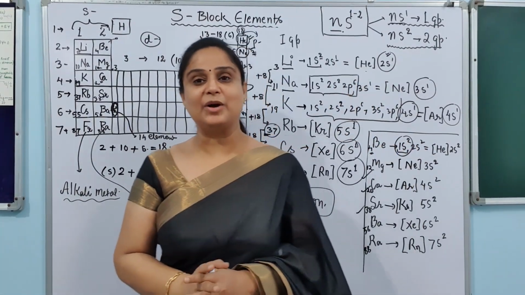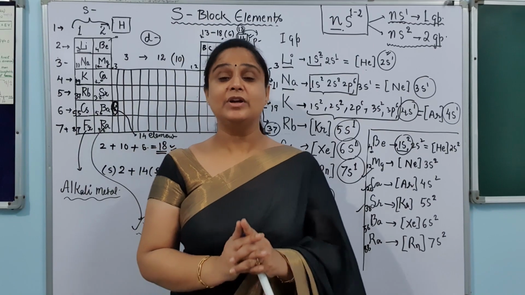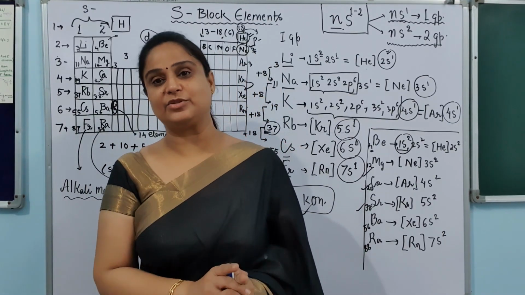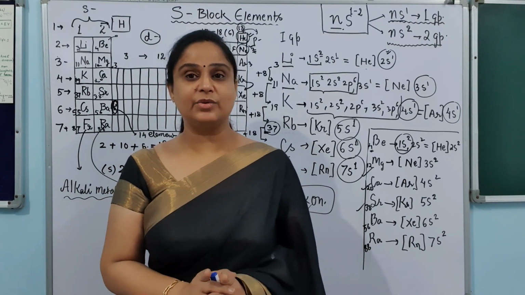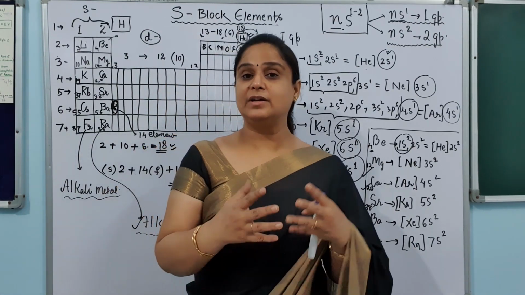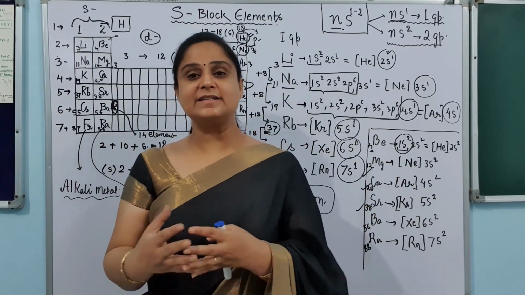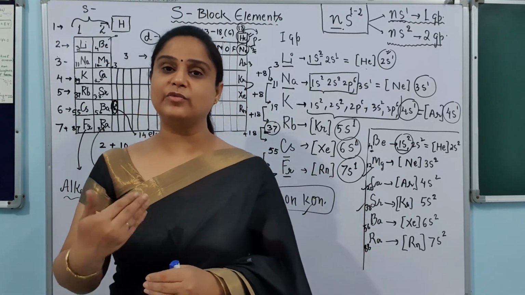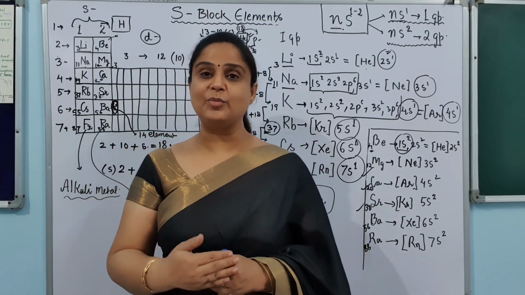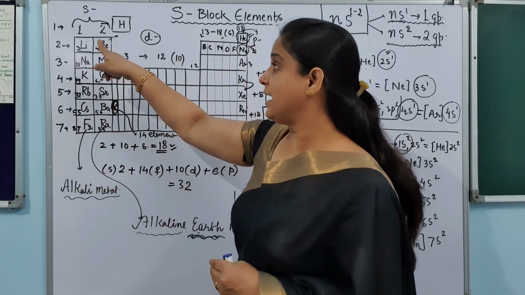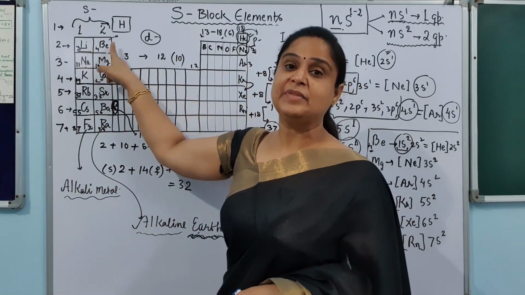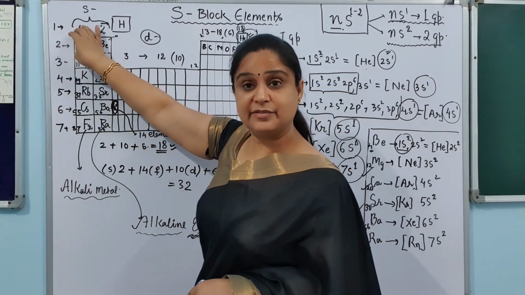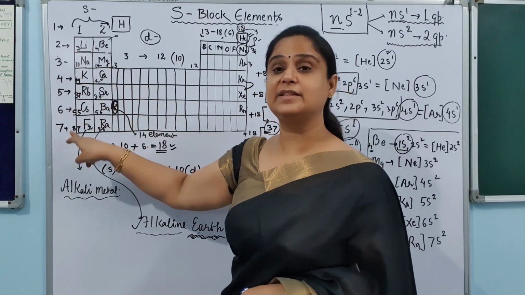So I hope now you know what the s block elements are. Now you know how to find the atomic number of the elements and how to do the electronic configuration, because electronic configuration is the basic thing which decides the characteristics of these elements. So please understand the electronic configuration. In the next video we will go for the next topic, which is the anomalous behavior of lithium and the anomalous behavior of beryllium. Anomalous behavior means the behavior they show is different from the rest of the elements present in their group.